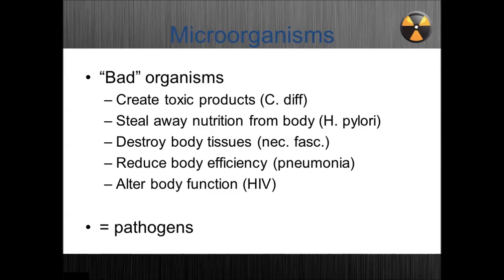Some of the ones you may have heard of are, one is C. diff, which stands for Clostridium difficile. It's a very virulent, very potent bacteria that causes extremely profound diarrhea that can wipe people out. Another one is H. pylori. The Australian that discovered this bacteria won the Nobel Prize in the 1980s. It's a recent discovery. He kind of broke the mold.